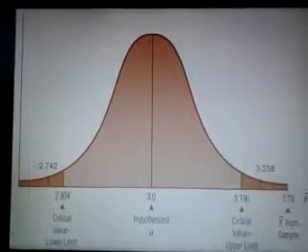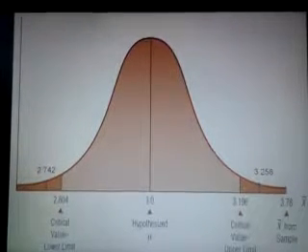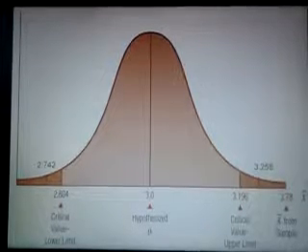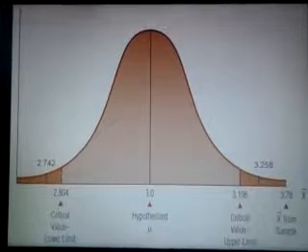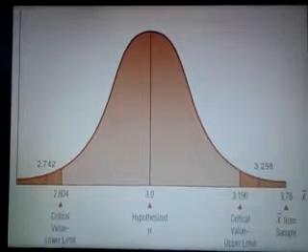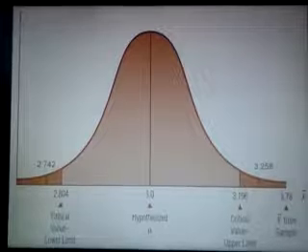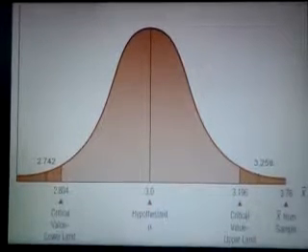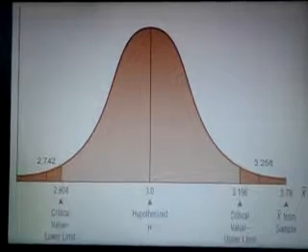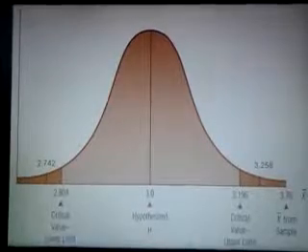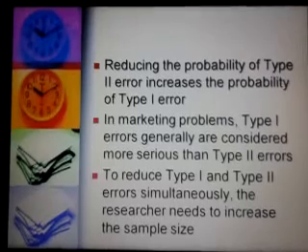area of acceptance range, and that decrease in the acceptance range means a value of mean that may be close to the mean would get out of that acceptance range, and that would be an error. And if we increase the confidence level, that means we increase the acceptance range, then it is possible that we get a value of mean which falls in the acceptance range but is actually significantly different from our mean value. So reducing the probability of type 2 error increases the probability of type 1 error.